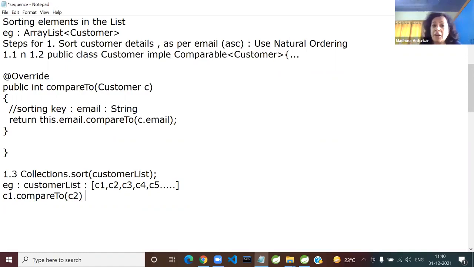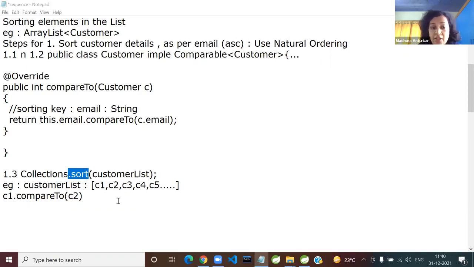Suppose it calls C1.compareTo(C2). How do you know whether what we are saying is correct or not? Add a SOP in compareTo, and 100% it will be printed. So you as a programmer, will you ever call the compareTo method, or will your sorting algorithm call it? P for programmer, S for sorting algorithm. The sorting algorithm will call it.